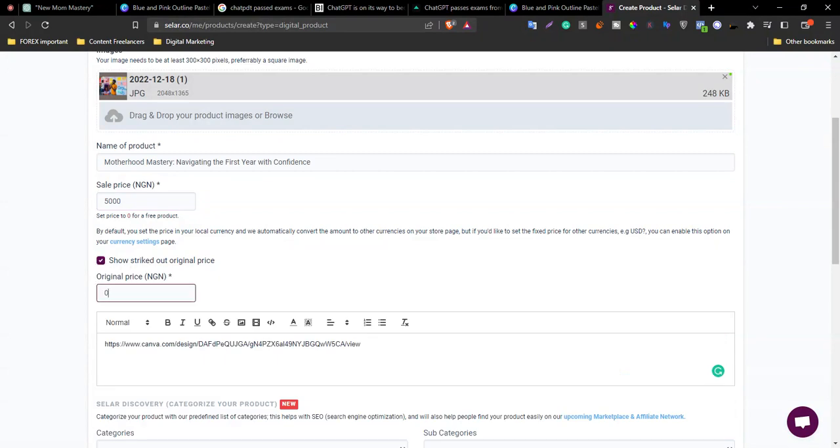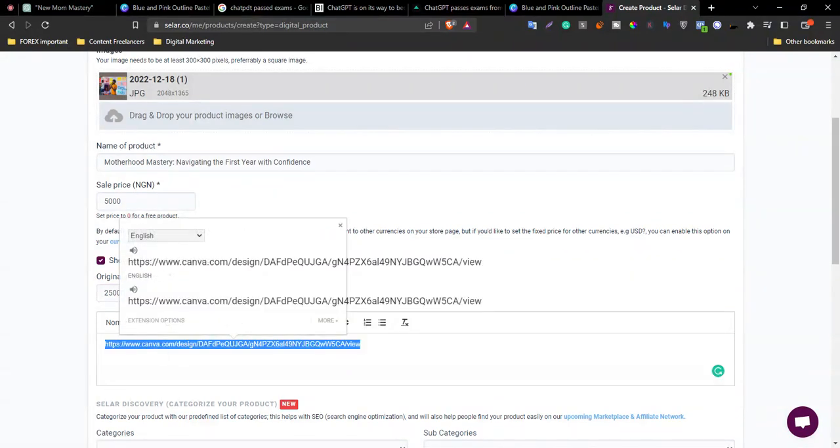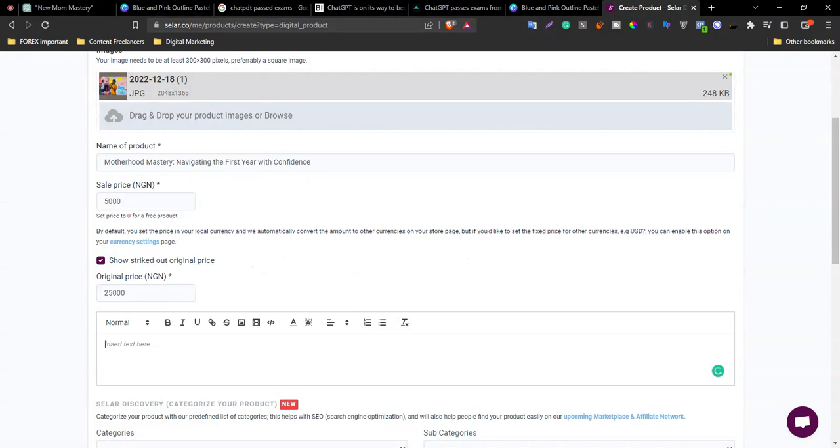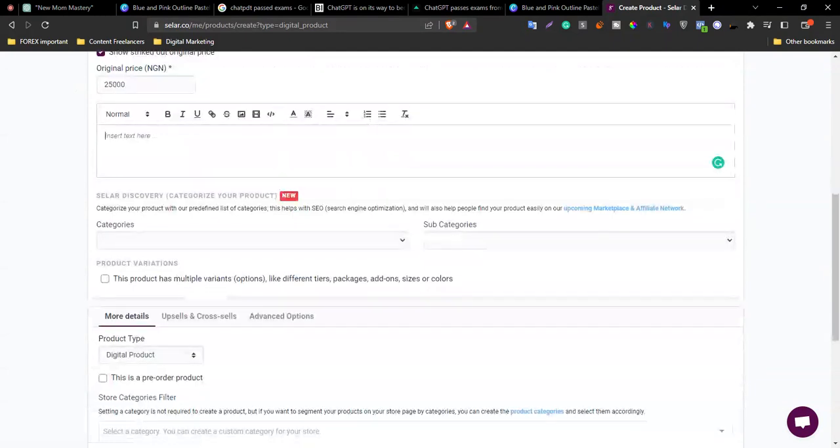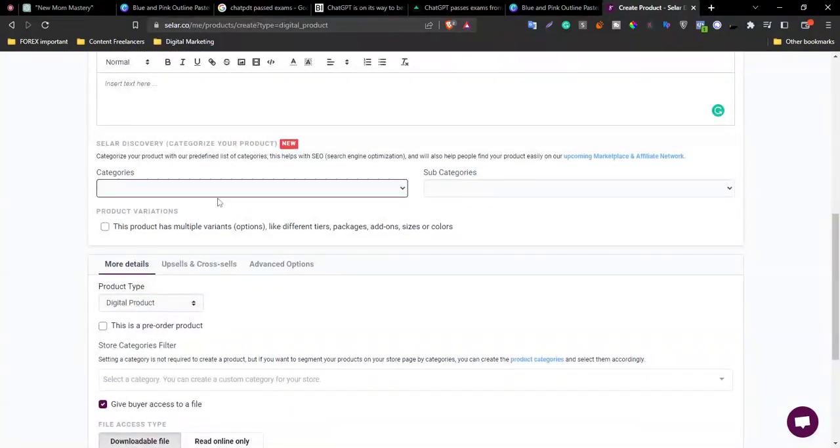So let me say that this should cost 25,000 naira, but I'm selling it at 10,000 naira, at 5,000 naira actually. So Control X, describe this text. You can actually tell ChatGPT to give you a short description for this course and you copy it and paste here. So categories, I'll say